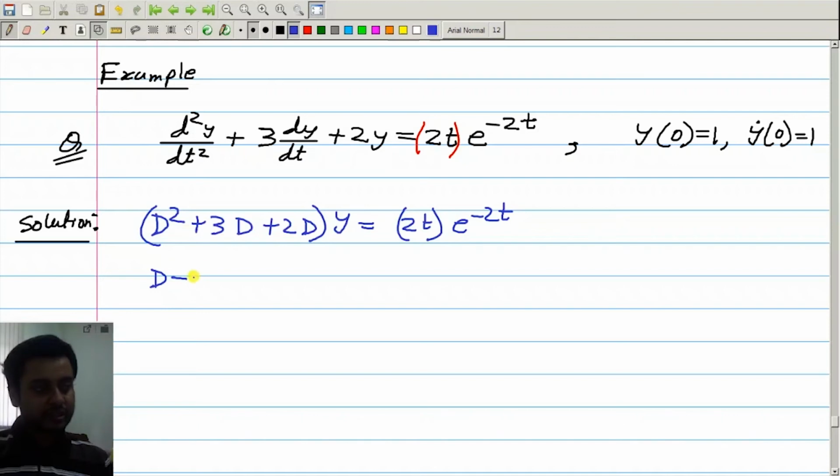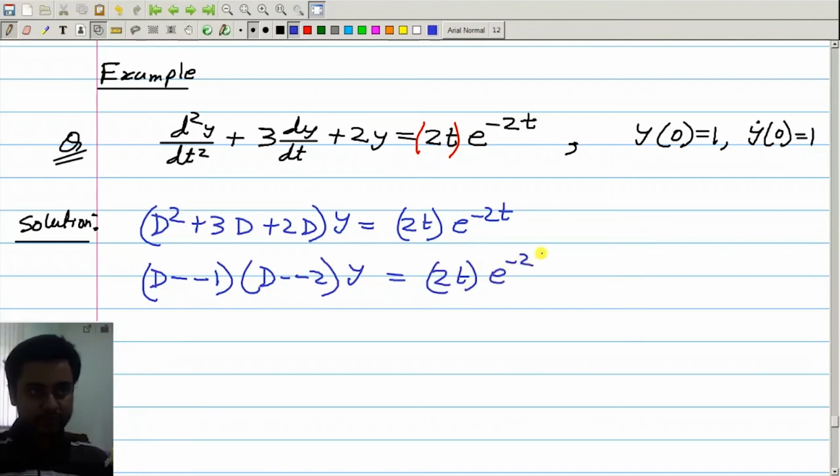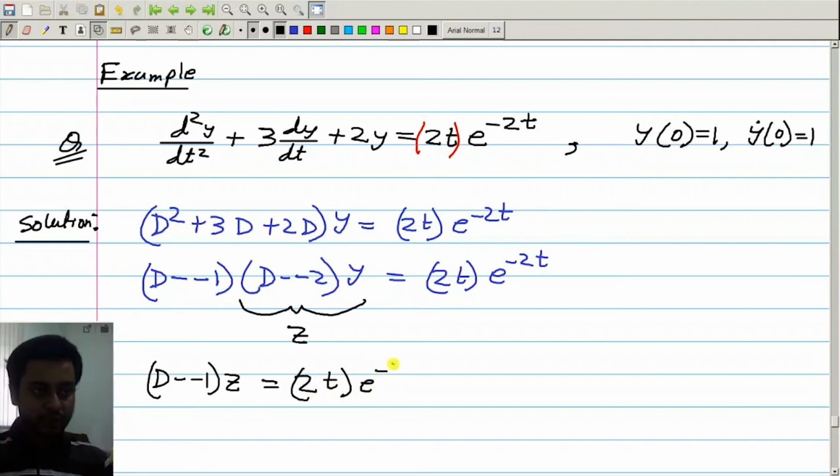You can write D minus minus 1, D minus minus 2 acting on y gives this input. Now you may again solve it by first defining this term as z. Then we have D minus minus 1 acting on z is equal to 2t e to the power minus 2t,